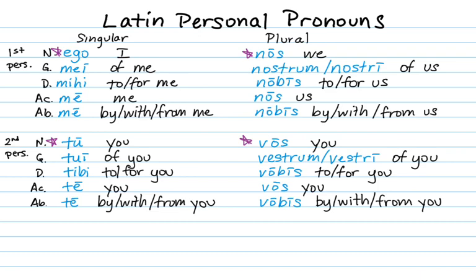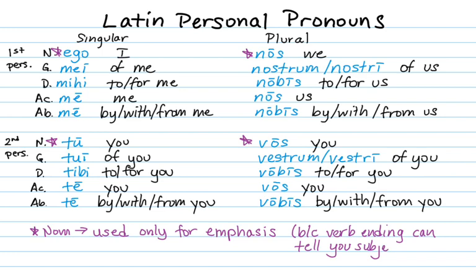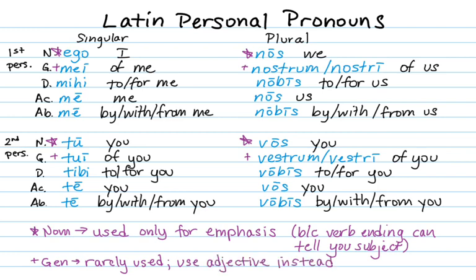In the nominative case, you will rarely see those pronouns expressed. They're only used when you really want to give emphasis to the subject, because, as you know, the subject is already known from the verb ending. So, amo is I love. Ego amo is I love. You put in the ego if you really want to express emphasis on the subject. The genitive, mei, nostrum, tui, and vestrum, is rarely used because instead Romans preferred to use the possessive adjective. We'll look at the forms of the possessive adjective on the last slide.